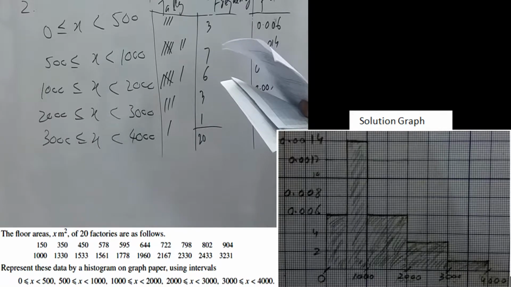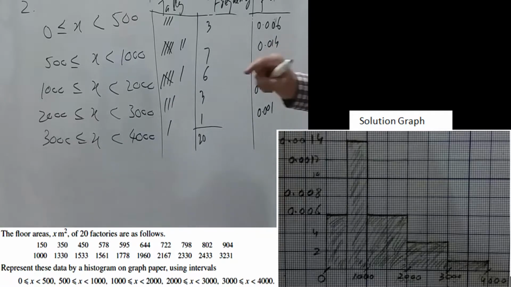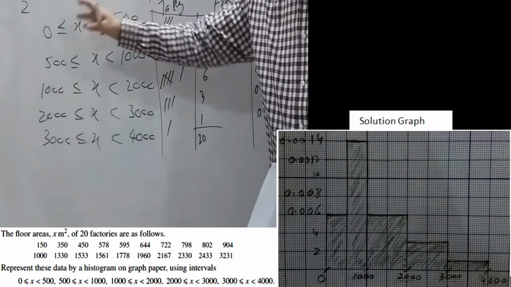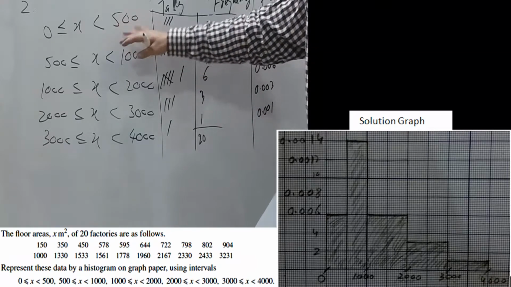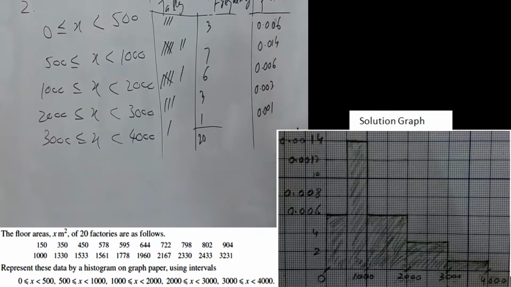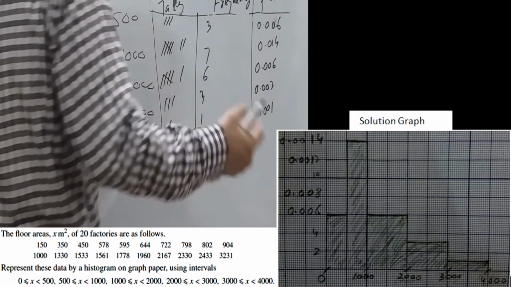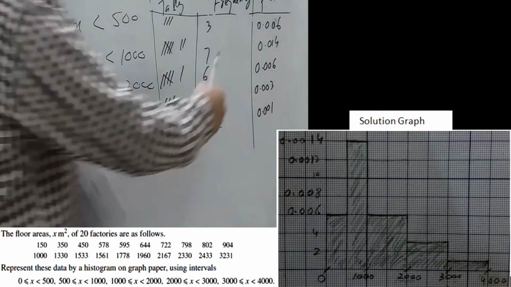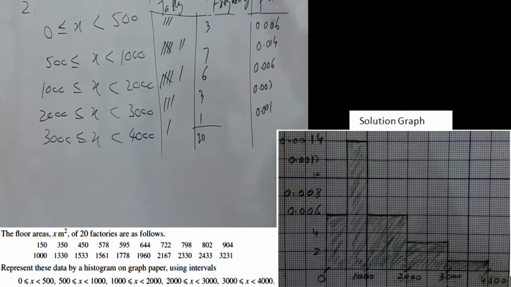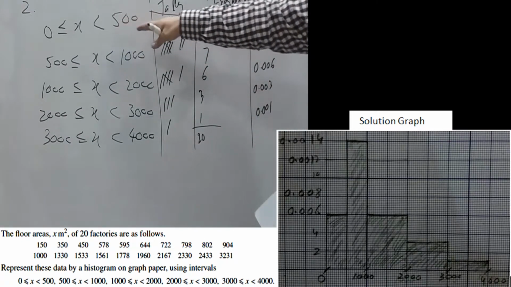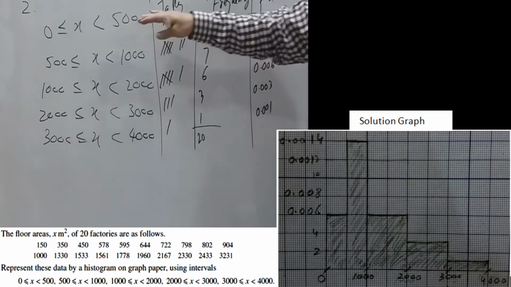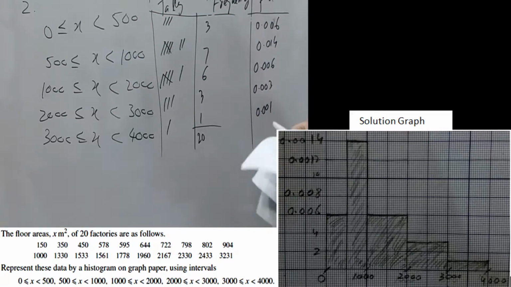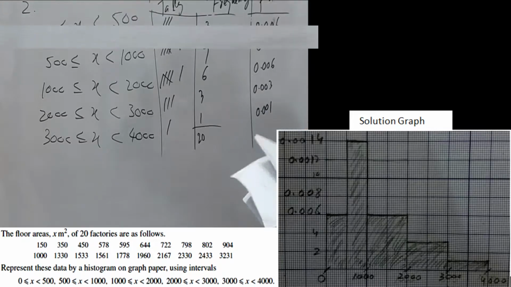Now, these are the frequency densities. You know that the class width is different. When class widths are different, we make frequency density, and then we make the histogram. See this, I have completed the histogram. We plot these frequency densities vertically, and we plot these intervals on the x-axis. Now see the histogram, I have completed it for you.